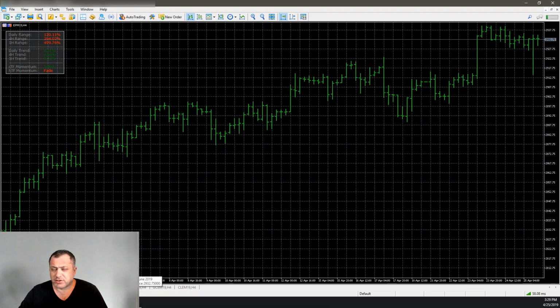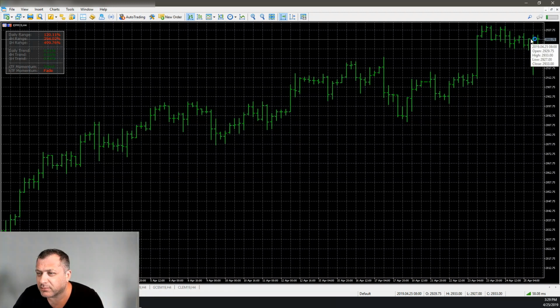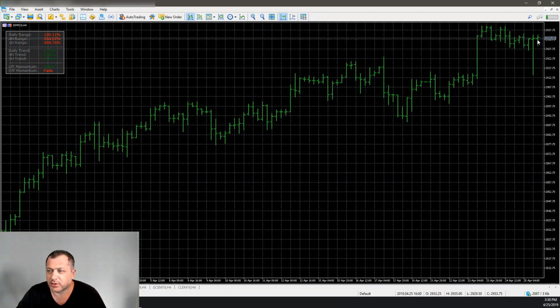let's transition a little bit to the E-mini S&P. Clearly, you see today, this bar, I don't think it's finished yet. Let's see. Okay, if you put it on MT4 or MT5 between the candles, it would pretty much tell you. This bar probably is not closed yet. What's the time right now? It's 3:30. So this bar obviously didn't finish yet, but up until now we had a daily range of